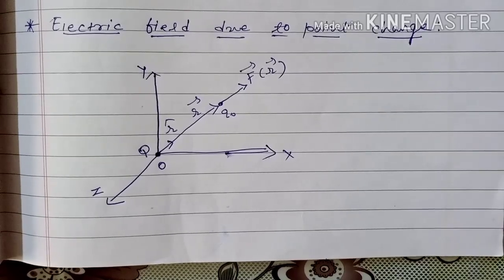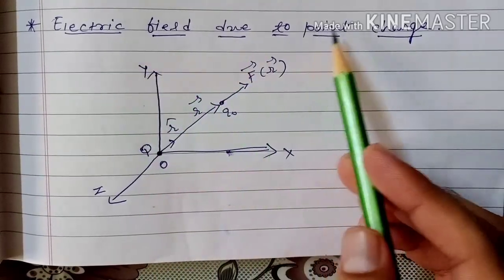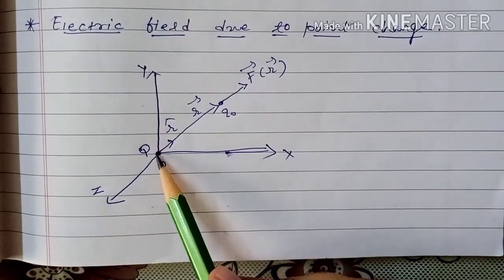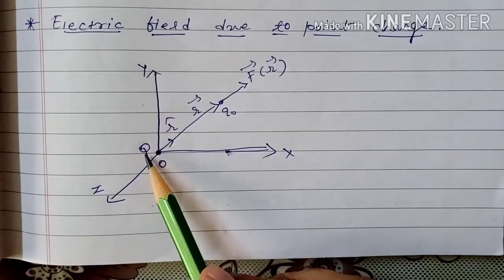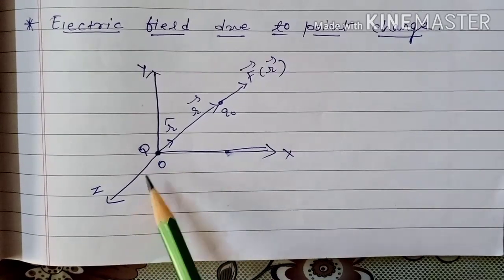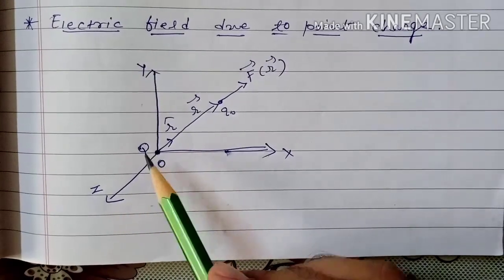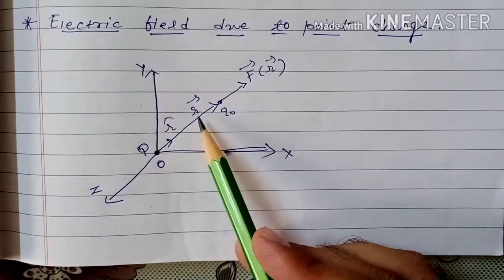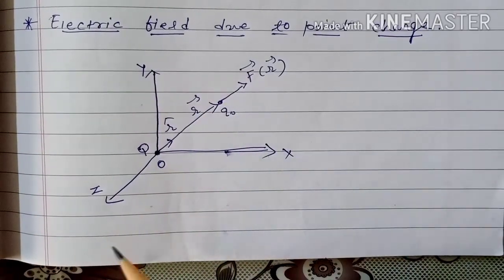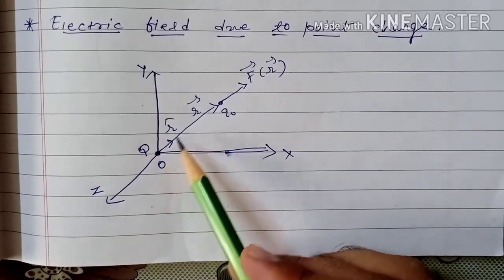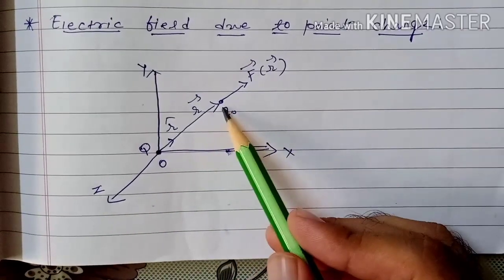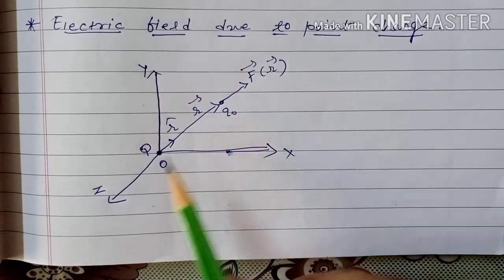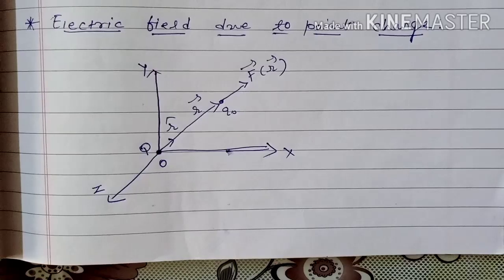आज हम देखेंगे इलेक्ट्रिक फील्ड का नया टॉपिक, इलेक्ट्रिक फील्ड ड्यू टू पॉइंट चार्ज. As shown in figure 1, source charge capital Q is placed at origin of the XYZ coordinate system, and we want to find electric field at position r vector from origin. So at position r vector I have placed one test charge, that is Q naught. Source charge, that is capital Q.